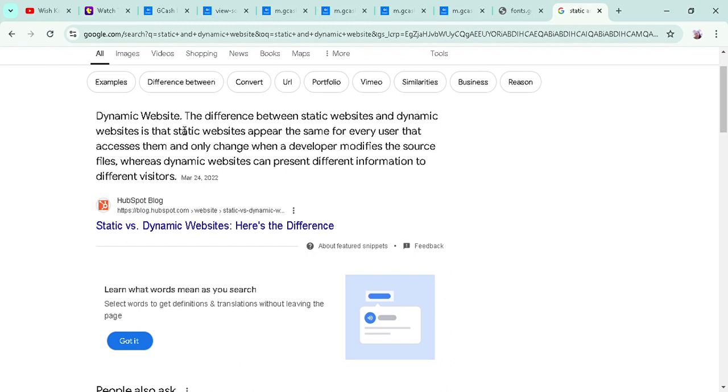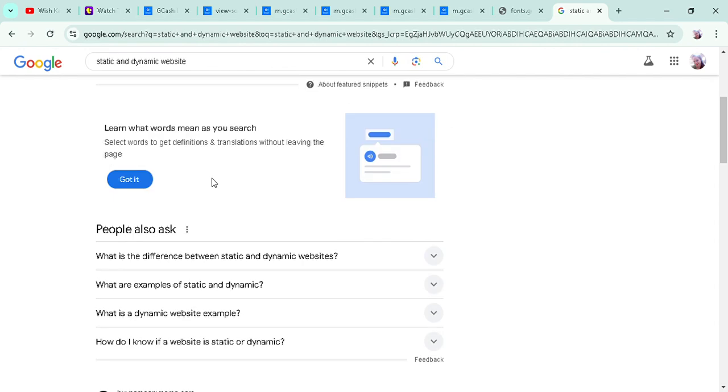The difference between the static website and the dynamic website is that a static website appears the same for every user that accesses it and only changes when a developer modifies the source files, whereas a dynamic website can present different information to different visitors. So there is a difference in using static and dynamic websites.